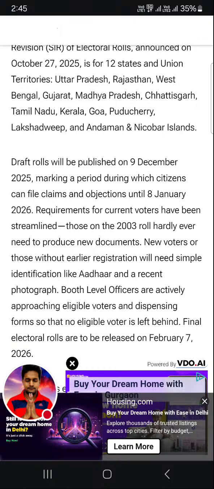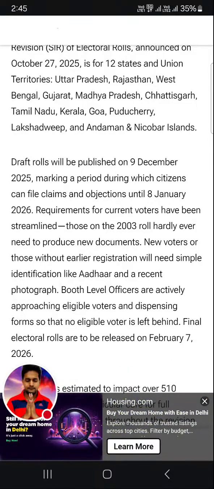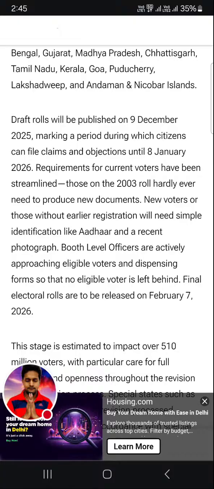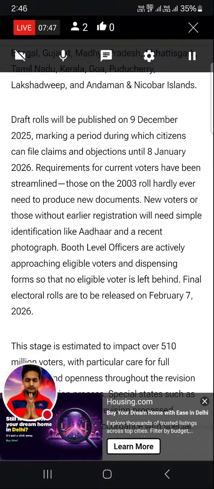Draft rolls will be published on 9 December 2025, marking a period during which citizens can file claims and objections until 8 January 2026. Requirements for current voters have been streamlined. Those on the 2003 roll hardly ever need to produce new documents.